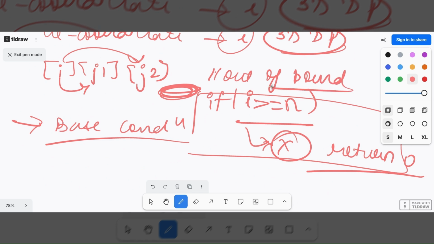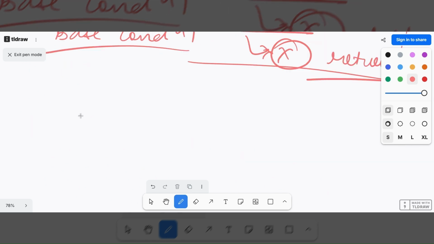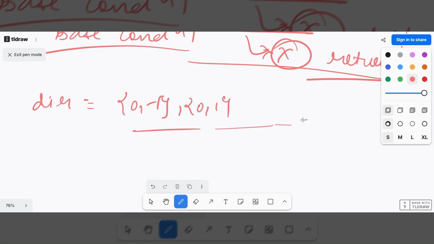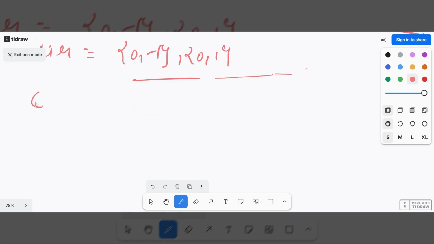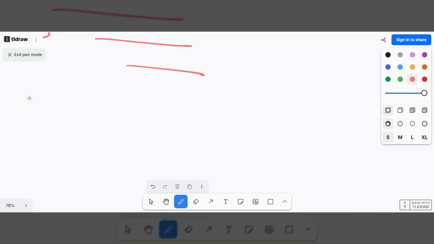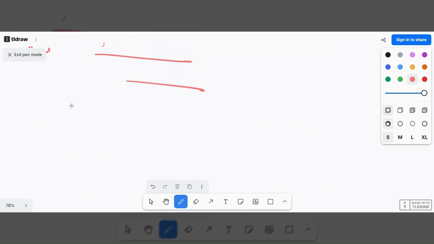Now for the J position, how do we check? Initially, what we used to do is make a directions vector of pairs, like 0, -1, 0, 1, and those kinds of things. Now what you have to do? Your I coordinate always goes +1. But for your Jth coordinate, you have J1 and you have J2. So that will be a 2D loop. Why a 2D loop? Because it means you have 9 different directions.